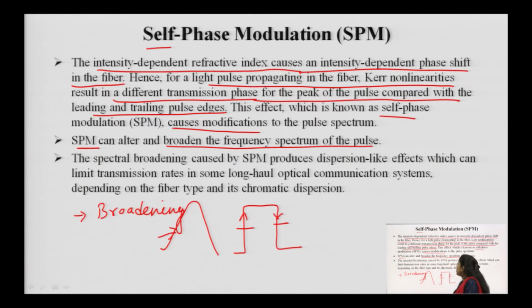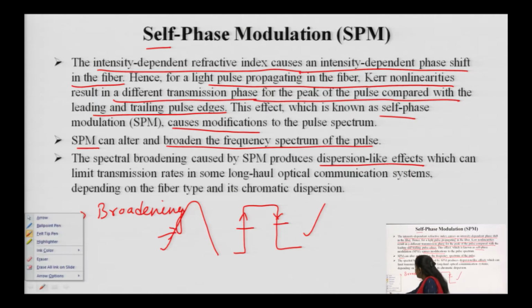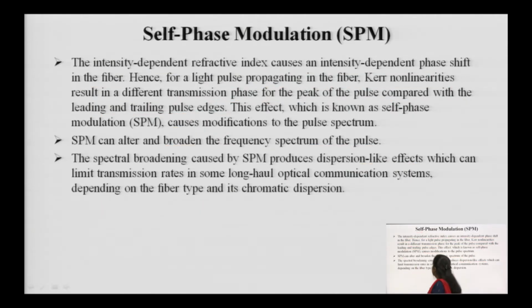The spectral broadening caused by the SPM produces a dispersion-like effect. What the dispersion actually does, we are going to discuss in the coming slides. In the dispersion itself, whatever the signal at the input end, what is going to happen? If it has this type of pulse at the input end